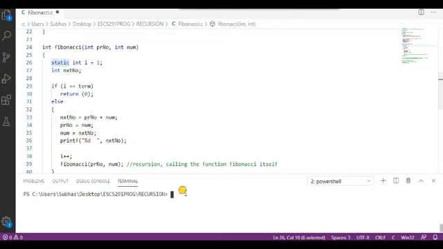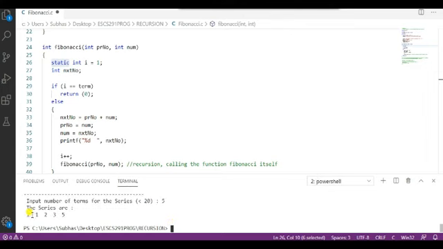Now let me execute once again. Input the terms of the series. Let it be 5. So 1 2 3 4 5.